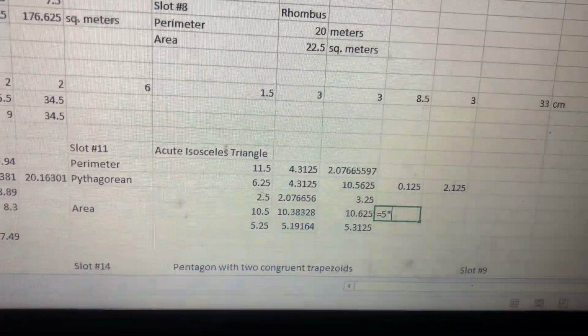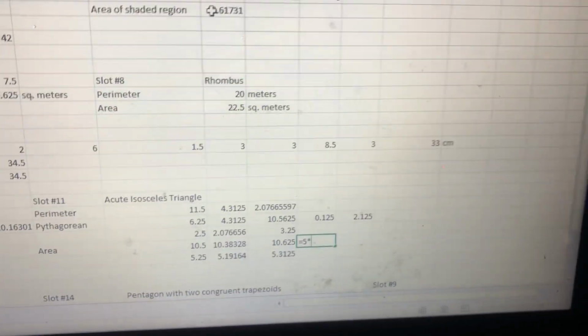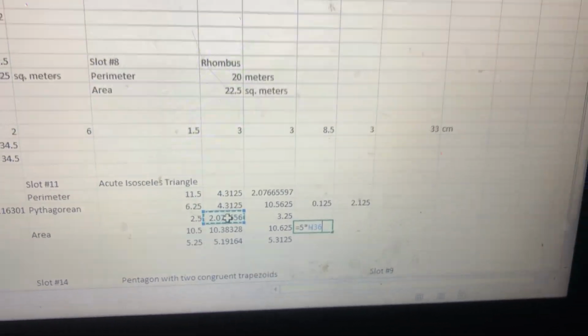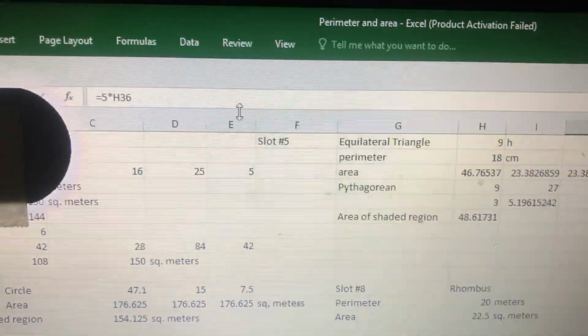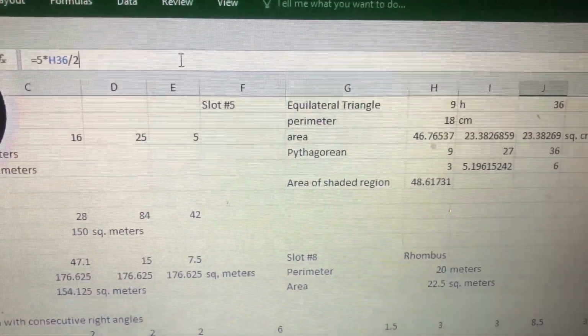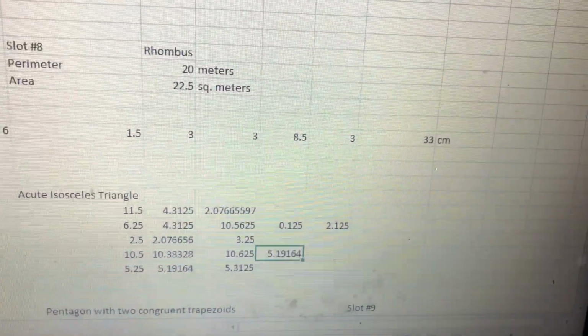Base is 5 inches, right? And then, what is our height? Isn't our height this, 2.07 something? Then from there, we divide it by 2. We divide by 2. And what's the answer? Yup. We should get an area of